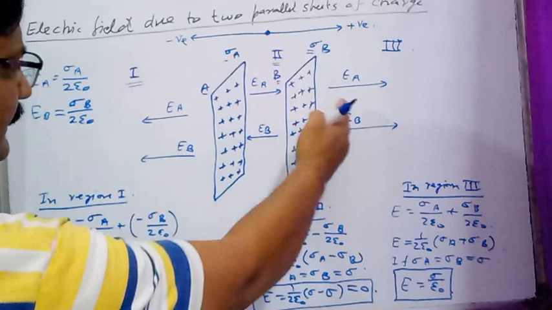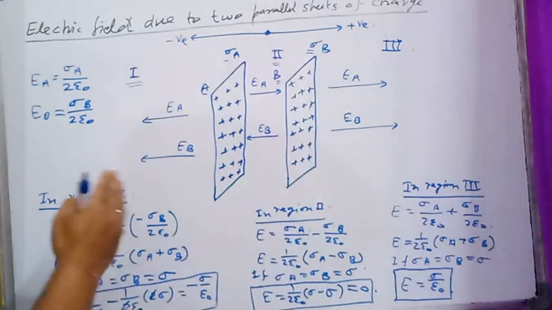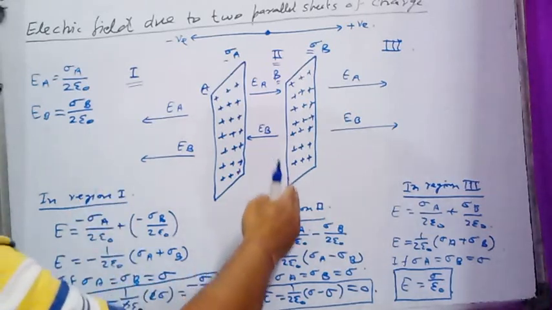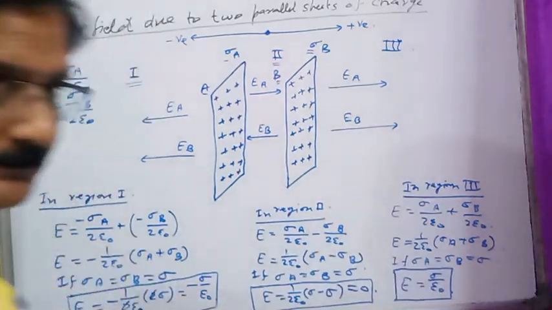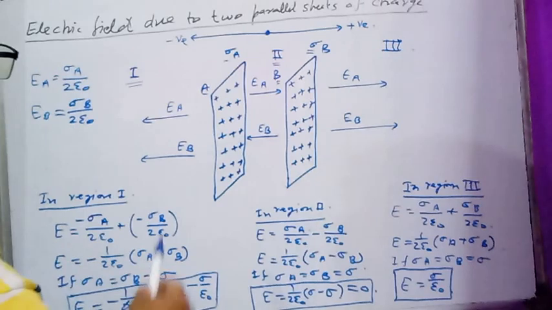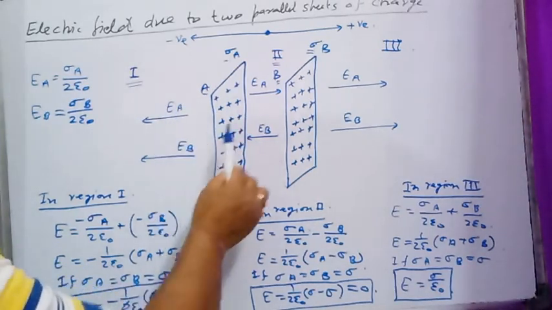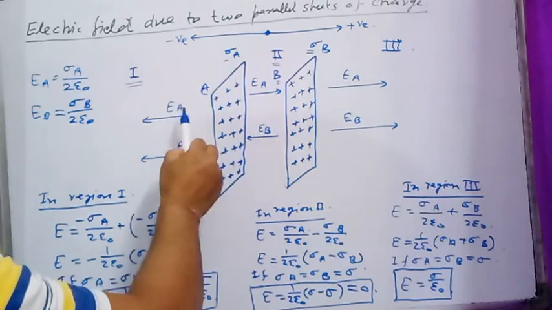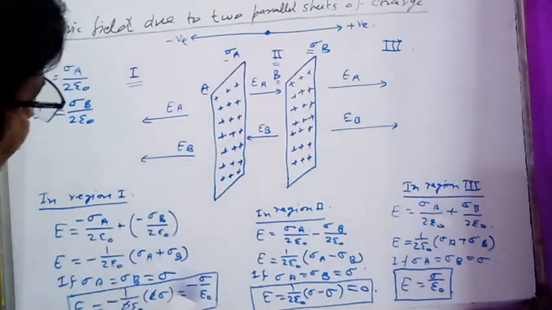So these are three regions. We can find value of the electric field in the presence of these two sheets in region 1, region 2 and region 3 separately. So in the nearby space, if the sheets are placed very close to each other and we are observing the value of the electric field